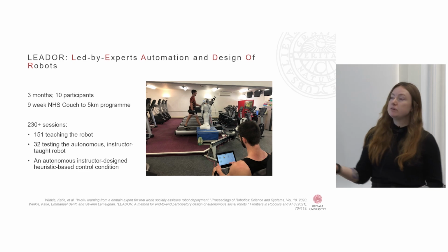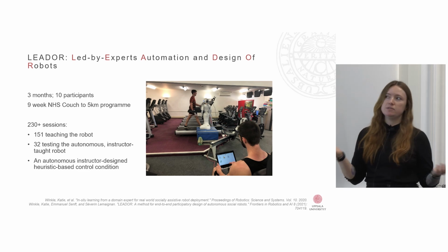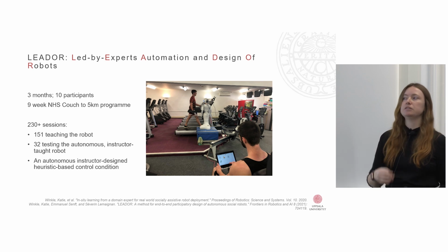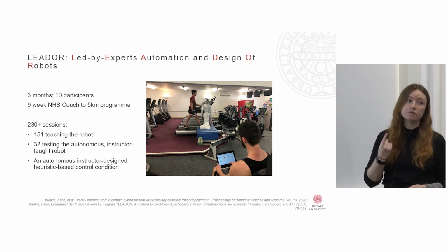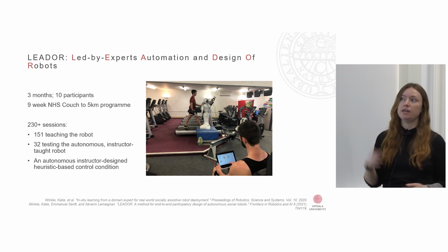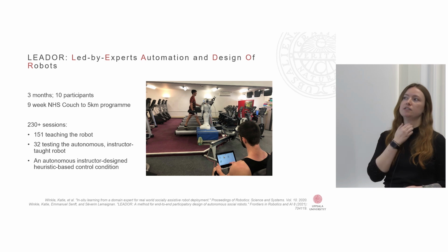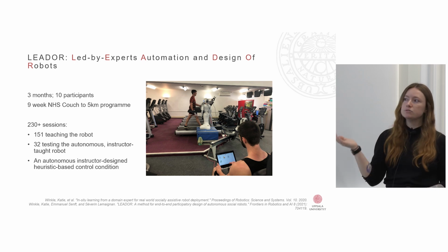And so we put this into the university gym. The university gym is normally closed over the summer, so we got permission to install this in the gym for the 3-month summer period. We had 10 participants, one of whom dropped out. So we still had 9 people who came 2 to 3 times a week for this 3-month period to finish the NHS program. In total, that was roughly 230 odd sessions, around 150 of which we used to teach the